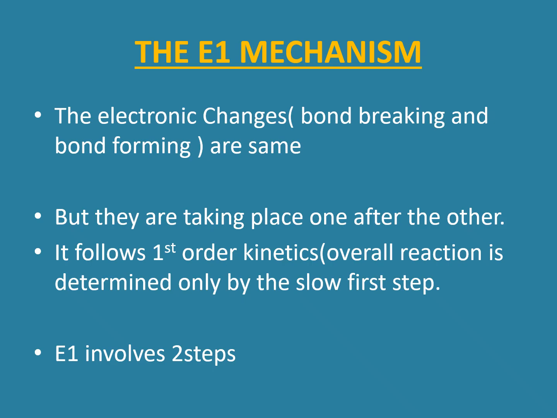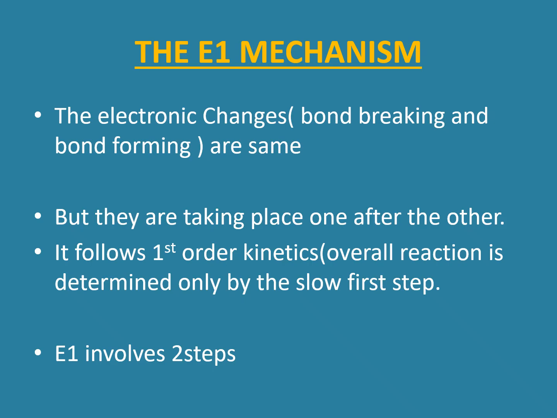That means the bond between the beta carbon and hydrogen will be breaking, and the alpha carbon and halogen bond also will be breaking, and in between the alpha and beta carbon atoms a new bond is forming. That means a double bond will be formed. All these electronic changes are the same,